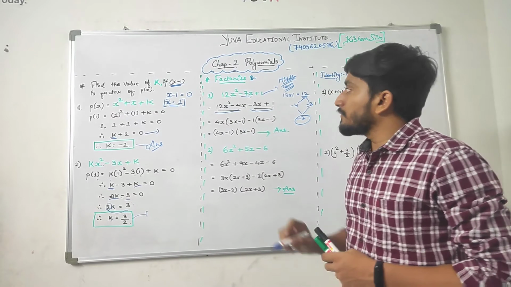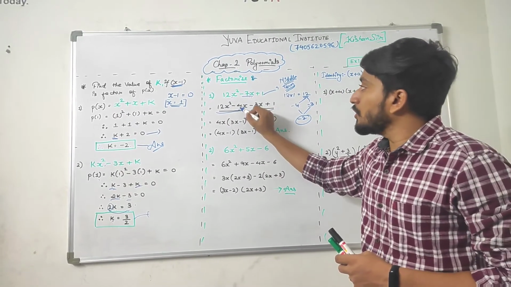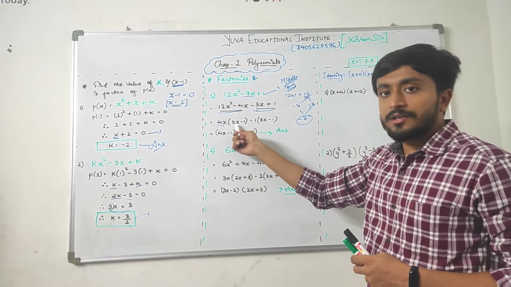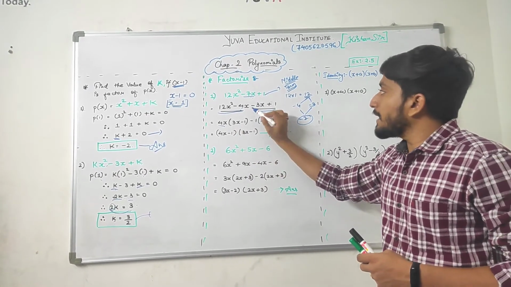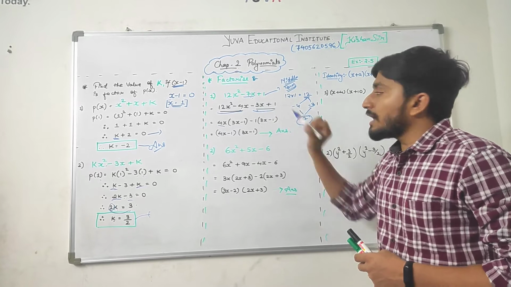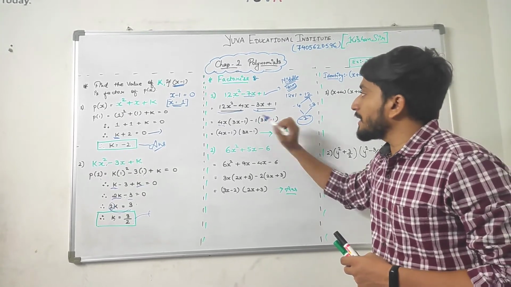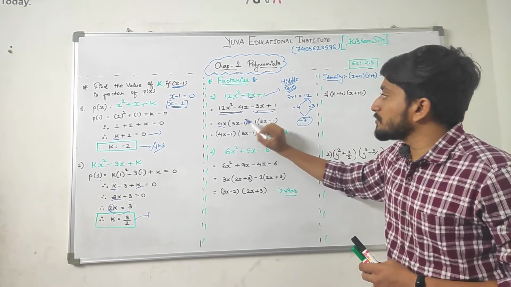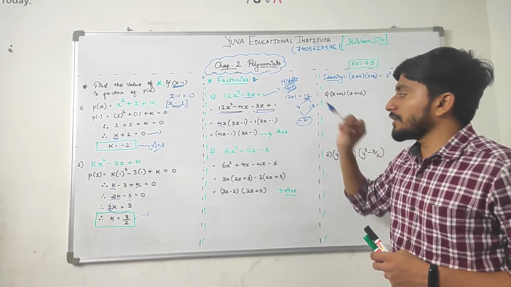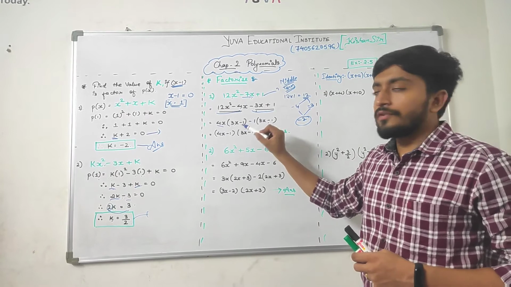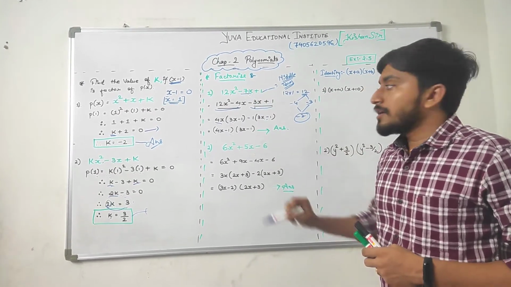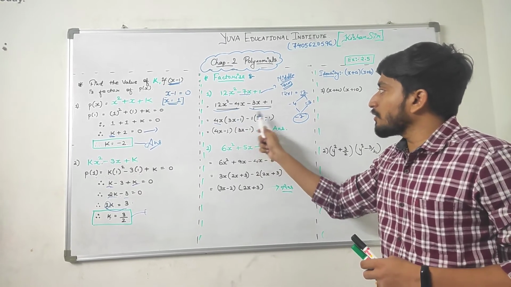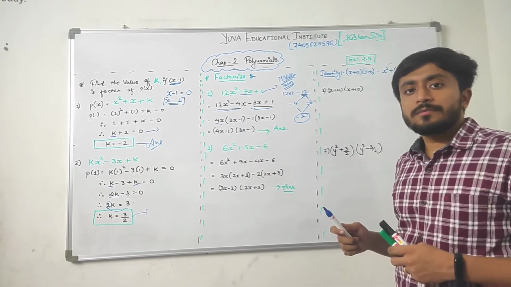Now take the first two and the last two terms. What is common in the first two terms? We can take out 4 and x. Then we get 3x minus 1 inside the bracket. Nothing is common in the last two terms, so we can take out minus 1 common. So the sign inside will change and these two terms become the same: 3x minus 1, 3x minus 1. So what are the factors of the polynomial? 4x minus 1 and this you have to take common, that is 3x minus 1.